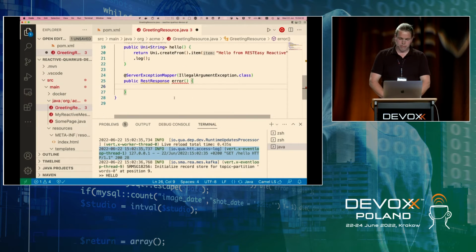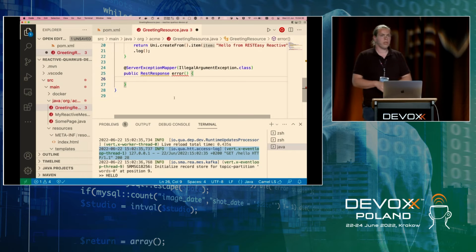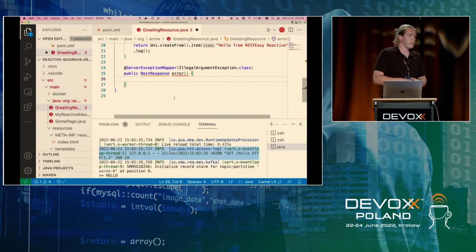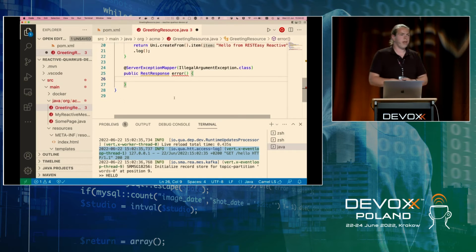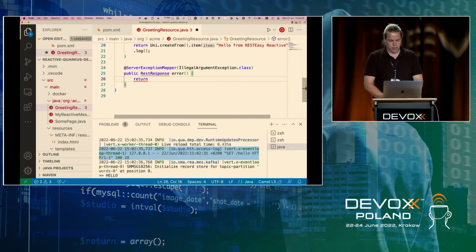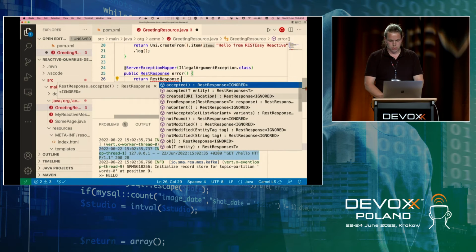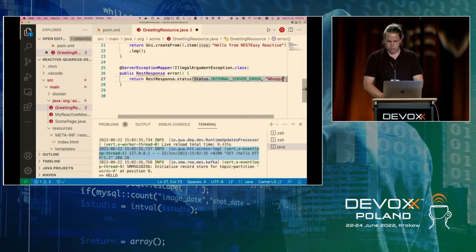And then we simply define in here what should happen if we get that exception. If you're used to doing this normally with RESTEasy or JAX-RS implementations, it's a bit more work, but here I can just define a single exception mapper that is scoped to this resource or to this class. So for example, if I get that one, I'm going to say RestResponse status internal server error, whoops, something went wrong.